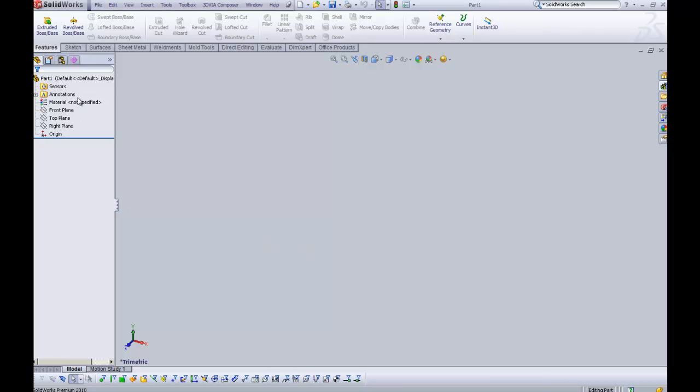On the left hand side here we have the feature manager tree. Everything that you do will be documented within this tree, and it's a hierarchy. So if you do a sketch on the top plane first, and then 3 or 4 steps down later, if you need to edit something, you've got to go all the way back to your first sketch. You can rearrange these, but it can cause some complications, but we will go over that in the parent and